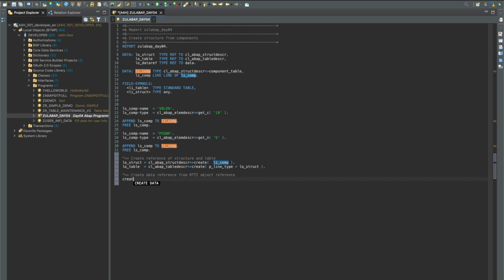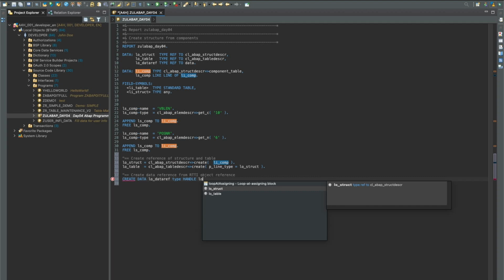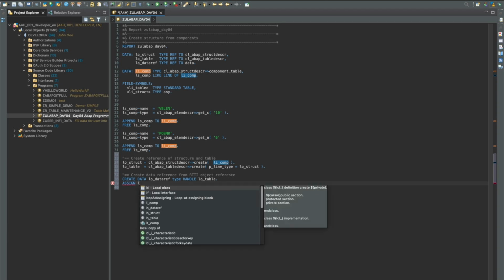So here we'll say create. This is similar to what we did in an earlier video. I will say my data reference type handle, and then we assign our handle. So here if I assign a table reference, then it will be a table structure. It will be a structure. If I assign a table reference, then it will be a table type. So we are assigning a table. That means we will have a table, and then we can assign this data reference